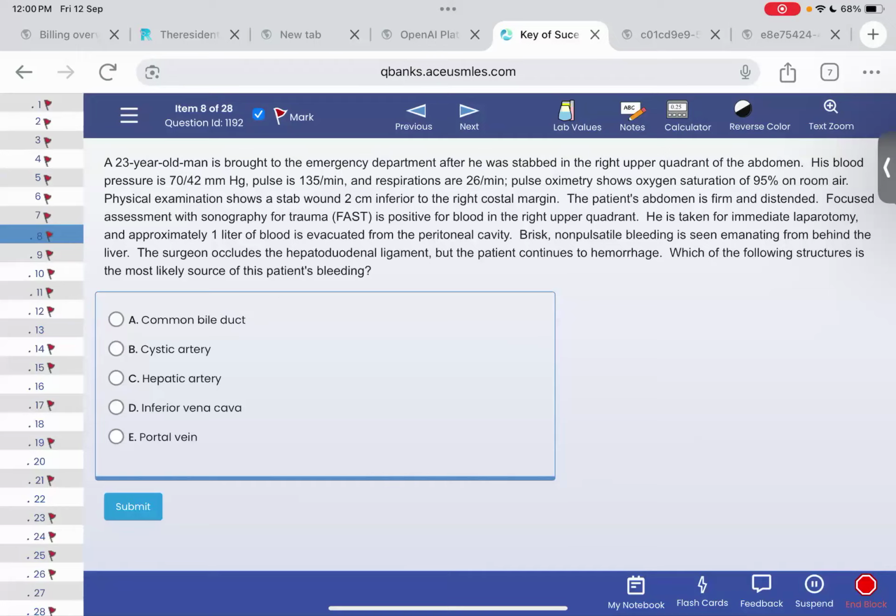He is taken for immediate laparotomy and approximately 1 liter of blood is evacuated from the peritoneal cavity. Brisk non-pulsatile bleeding is seen emanating from behind the liver. The surgeon occludes the hepatoduodenal ligament, but the patient continues to hemorrhage. Which of the following structures is the most likely source of this patient's bleeding? So let's discuss